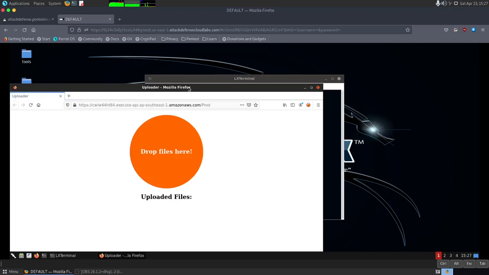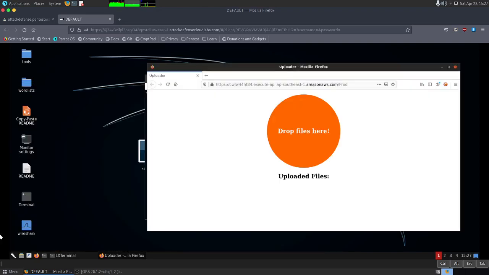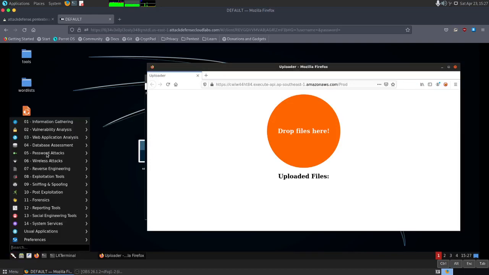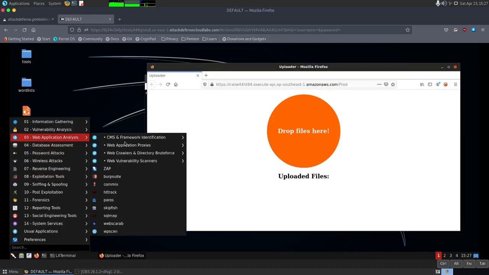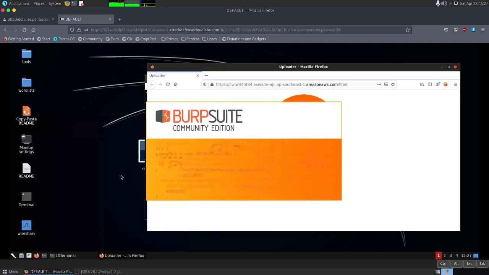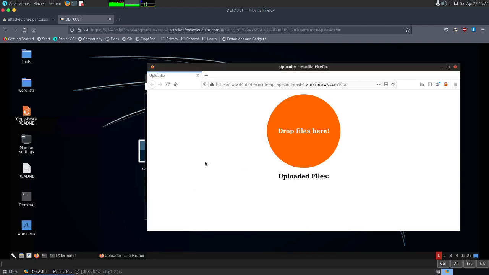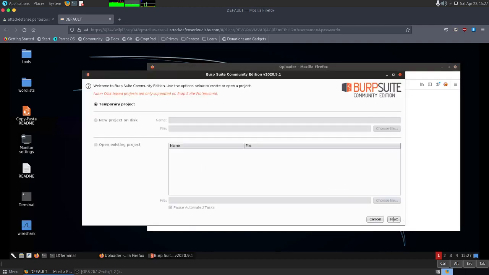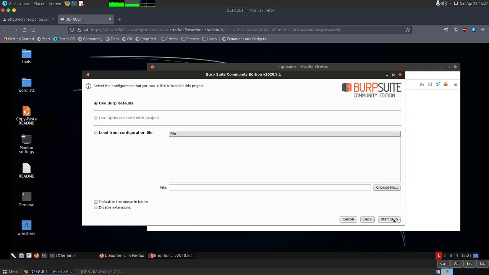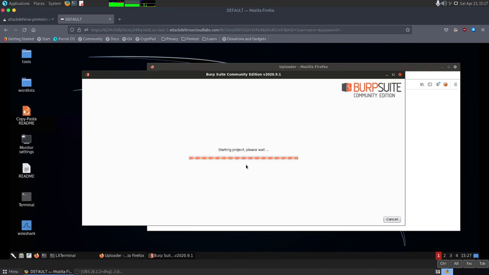This should take us to the page as we saw there, and we will open our Burp Suite to see what is happening. We will quickly click on next. This is the community version, so we should be able to do what we want to do.